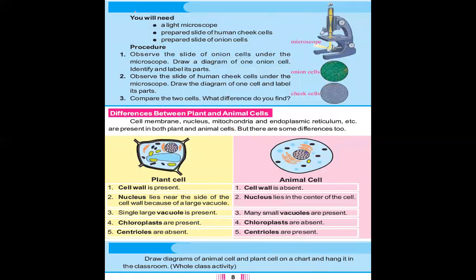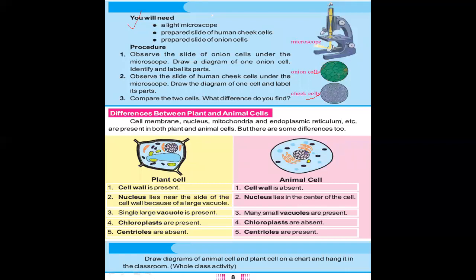So we are at the last topic. This is actually an activity which we'll do in the class. Inshallah, we will see plant and animal cells, the plant cell as onion, and cheek cells of our cheeks. We will just see under the microscope. Look, the light is reflecting from here, and the person is looking from this. So we will see the differences.